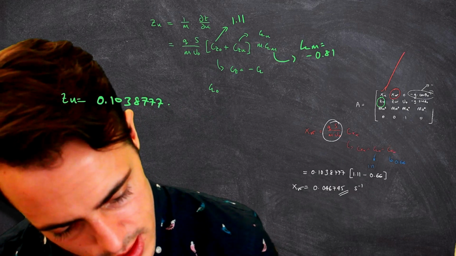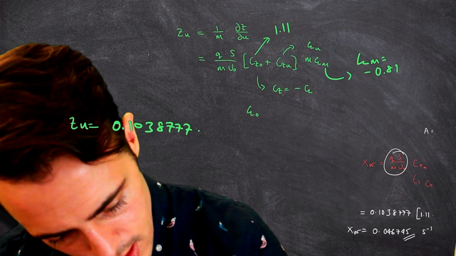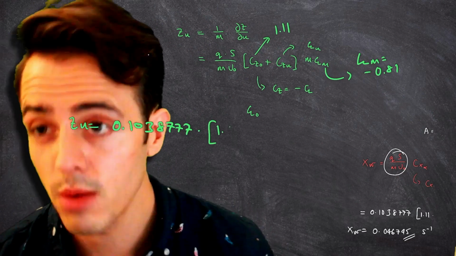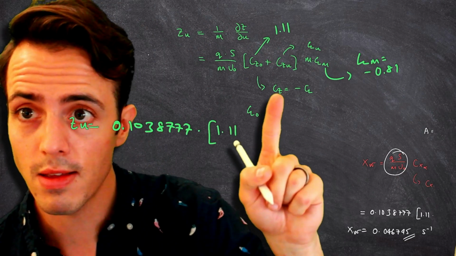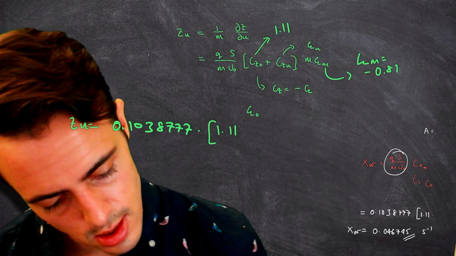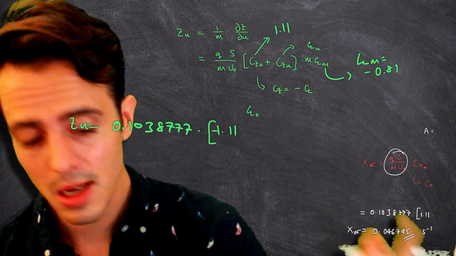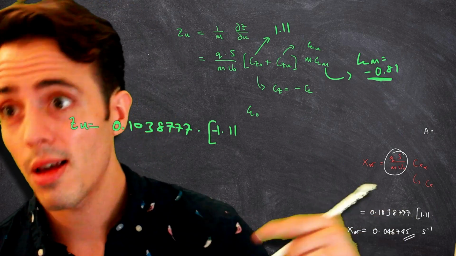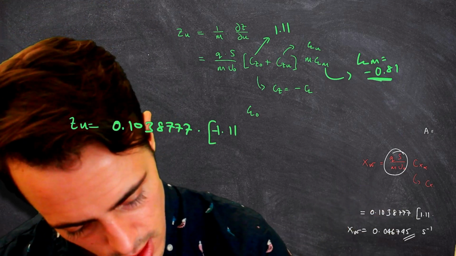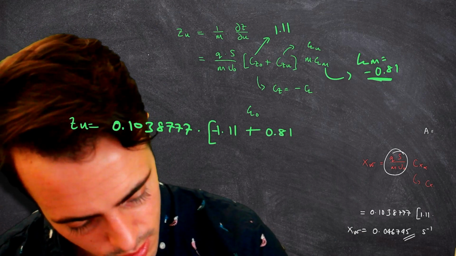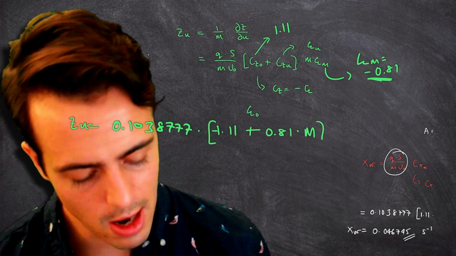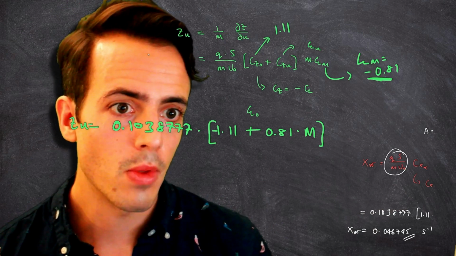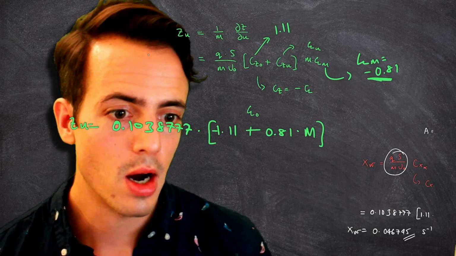Now we need to put CL naught, which is our 1.11, but it's going to be a minus 1.11 because CZ is equal to minus CL, plus CZU, which is going to be this term here. So it's going to be minus this number, which means we plus this number, plus 0.81 multiplied by the Mach number, which we have to work out. I'm not going